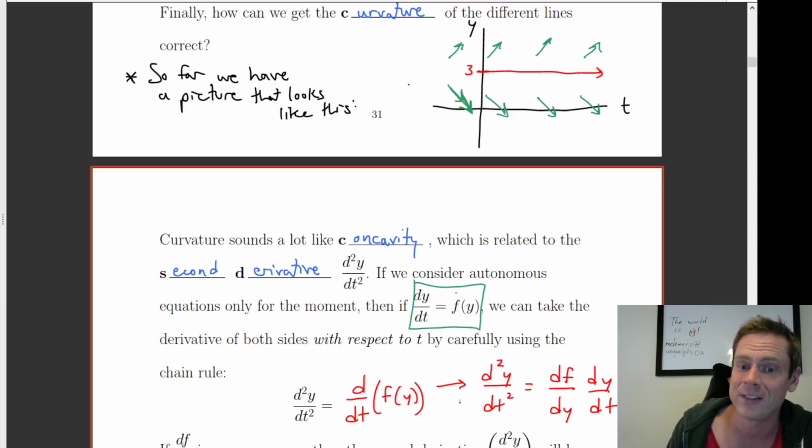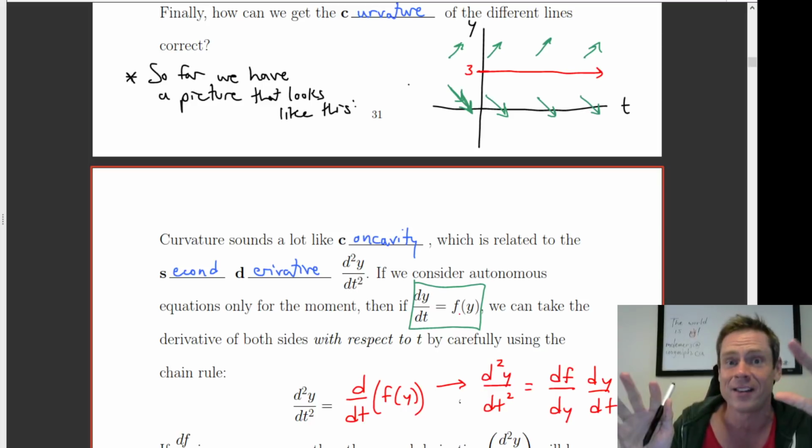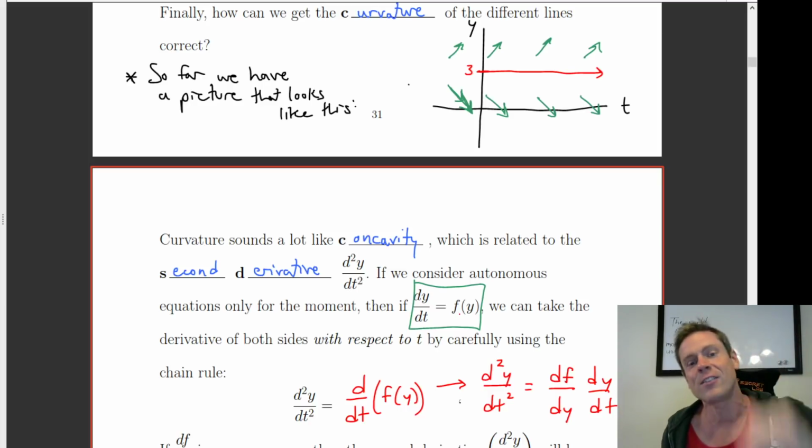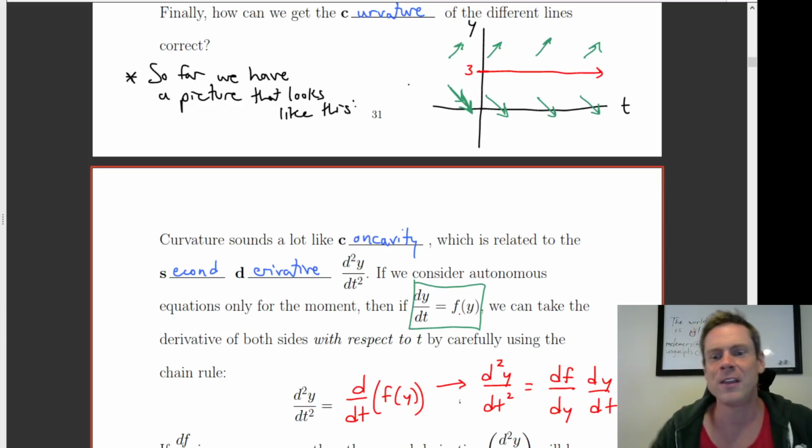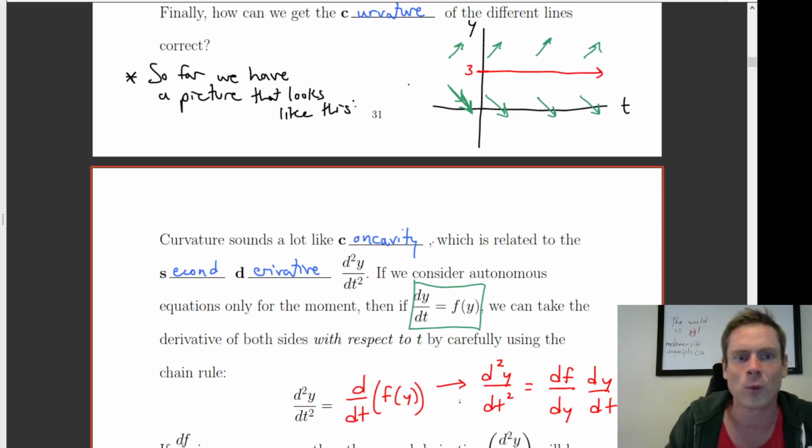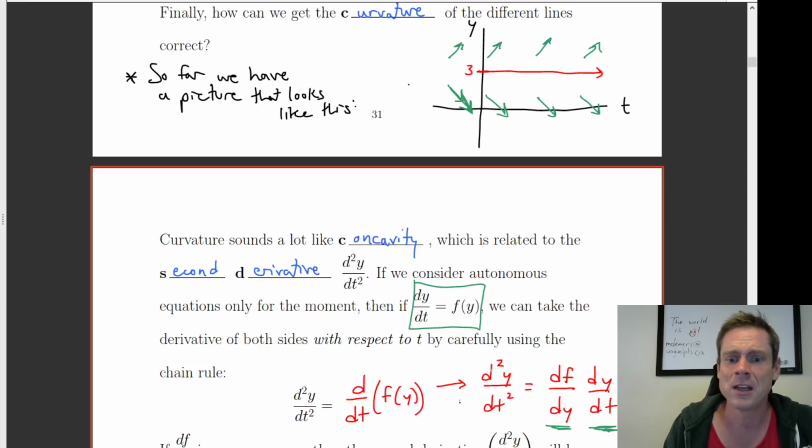And I have to do that because the function on the right-hand side is not a function of t, it's a function of y, right? So taking that second derivative means that I have this product of different quantities here. And it's that product that helps tell us about what the curvature is. Okay, so this here,